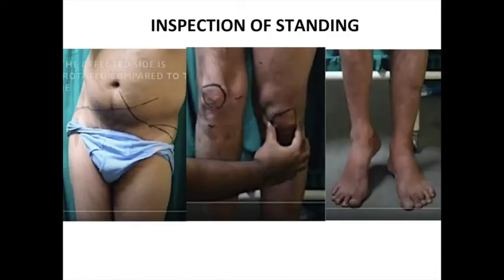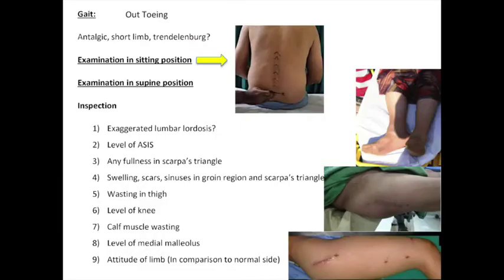So you need to inspect all three regions, the hip region, the knee region and the ankle region, because you know in a malunited trochanteric fracture there is going to be shortening, and you need to describe how the patient is standing. A gait would have either a short limb plus Trendelenburg or short limb Trendelenburg with an antalgic component. So it is going to be a complex gait, and a classical thing which might be there is an out-toeing. Because of a severe external rotation malunion, the patient could be walking with a severe out-toeing.